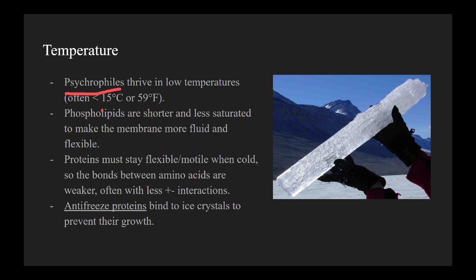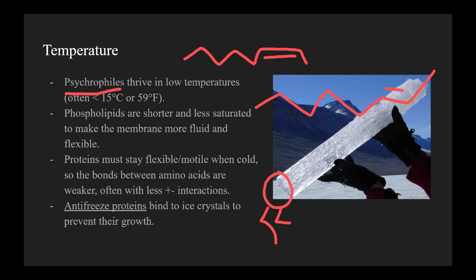So here it's the opposite. The phospholipids are less saturated. That means they have more of these kink double bonds, right? Like this. So that the membrane phospholipids won't pack as well. They have these kinks that prevent interactions between these phospholipids. So the phospholipids are separated more, and they're also shorter, because having shorter phospholipids means there's less opportunity